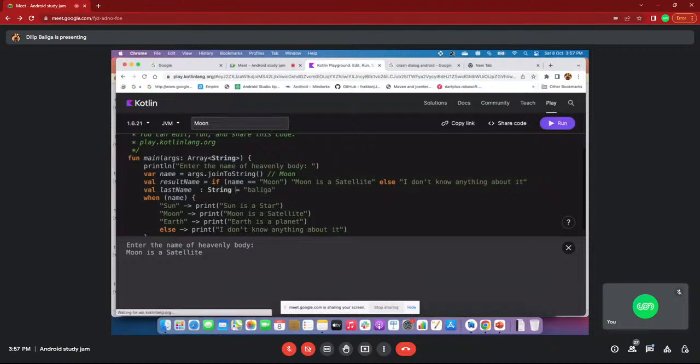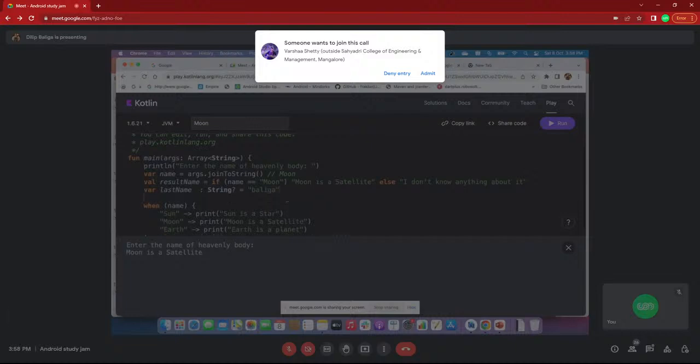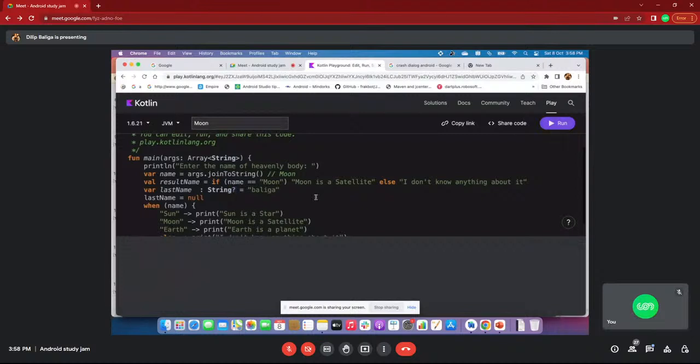Now I am doing an assignment with the question mark operator. Question mark means it will take null also. So I use val, not var, since you are not supposed to change it. Now I assign lastName equal to null. Question mark means I can assign null also.